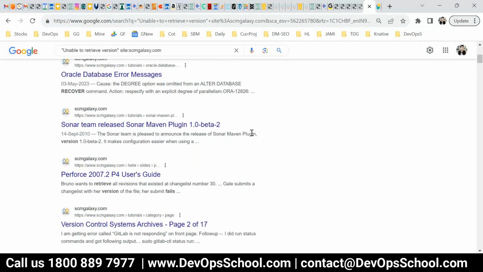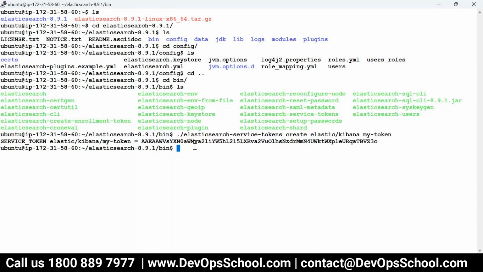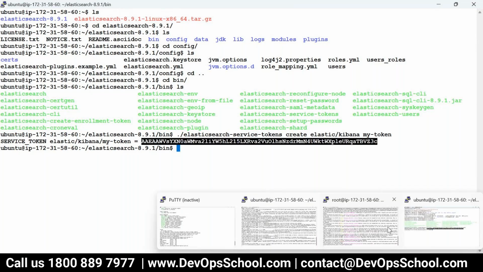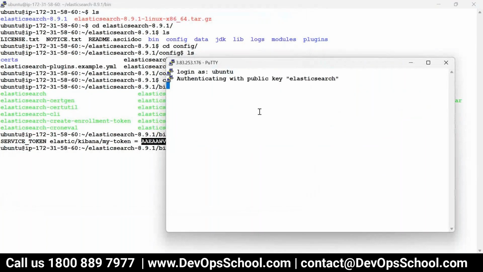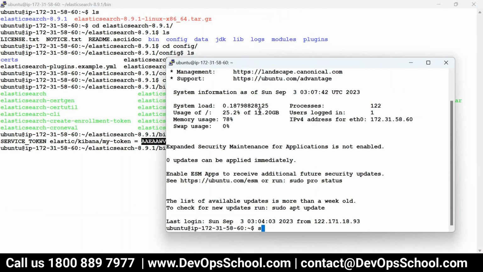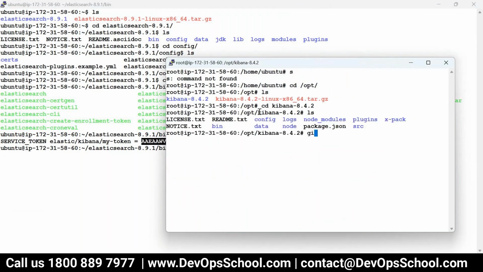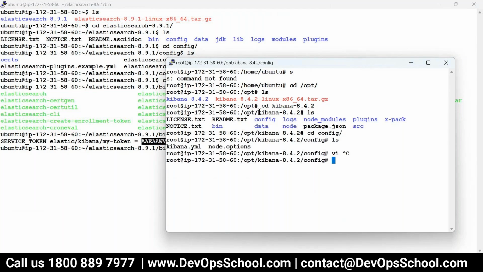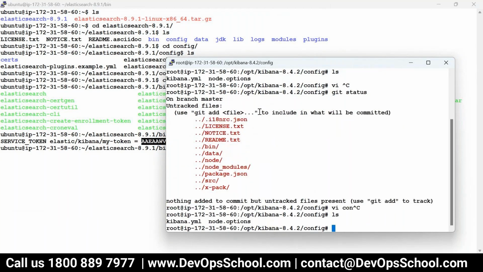Okay, let me pause this. This token you have to give inside. I'll create one new session. Ubuntu, sudo -s. Now cd /opt/kibana and cd config, vi, just a second. So vi config, vi kibana.yml,